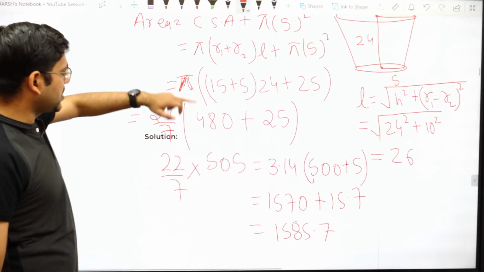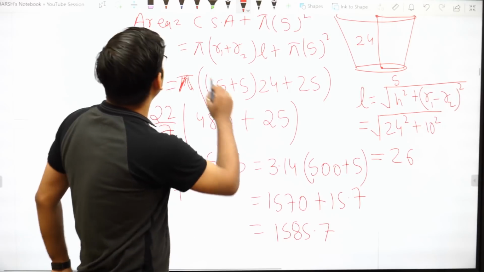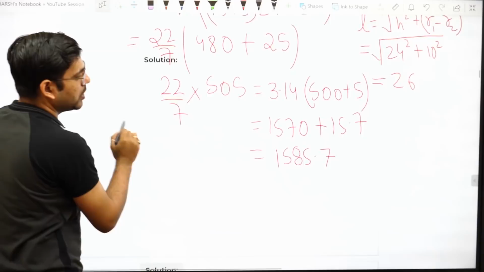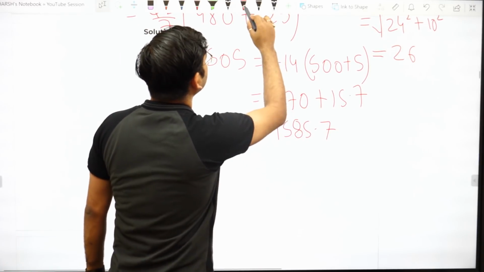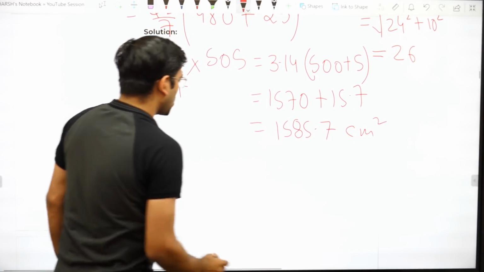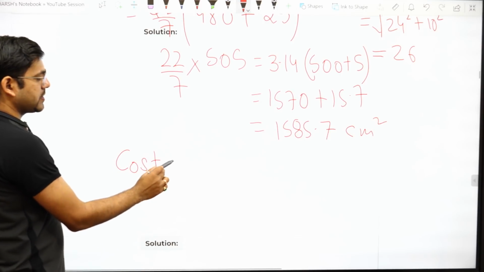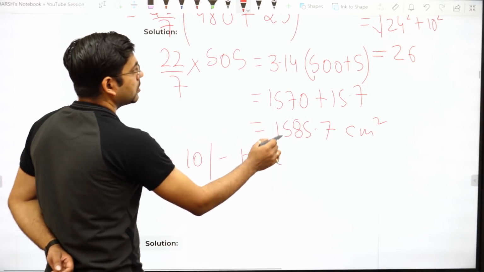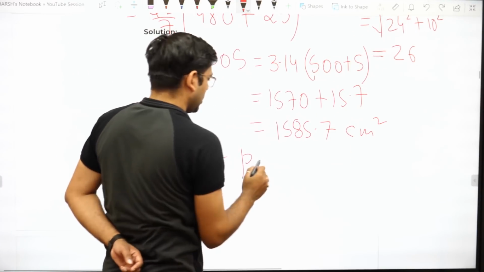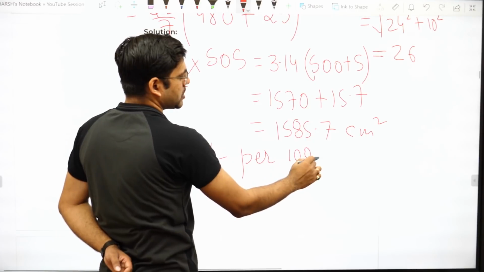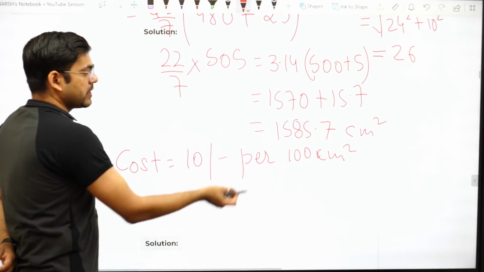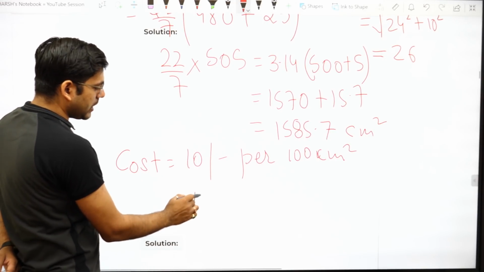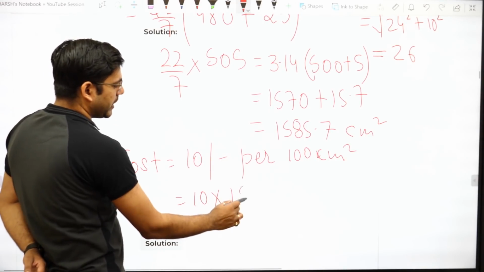Now this is the complete area. This is centimeter square, I guess. If yes, everything is in centimeter, so centimeter square. So I'm writing here, this is centimeter square. Now the cost is 10 rupees per 100 centimeter square. Now this much centimeter square, so this implies I will write cost is equal to 10 into,